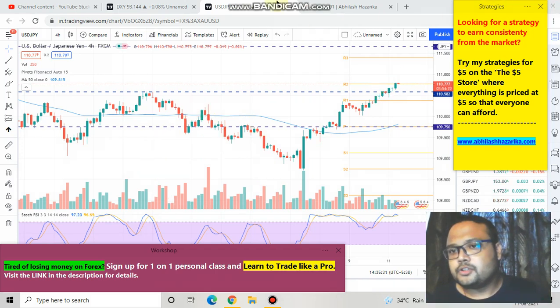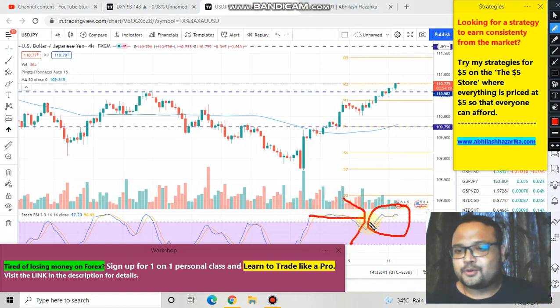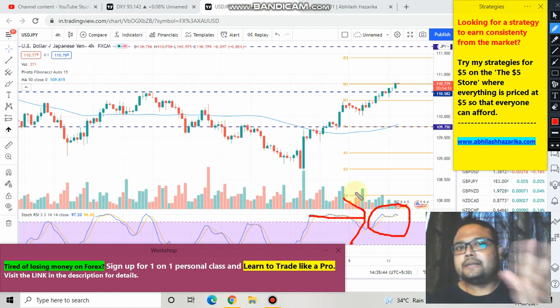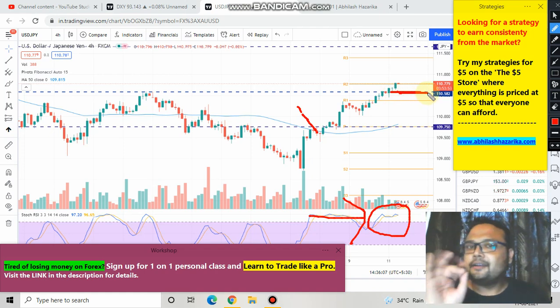Okay, when you already know that it has got direct relation with the DXY chart, what should be the strategy then? You can see that market is also in the overbought zone. So let the DXY come down. Keep one eye on the DXY US dollar chart. If you see DXY going down, also keep your eyes on the stochastic RSI as well. By tomorrow or after a couple of hours, if you see market taking support here, then you'll get a confirmation that